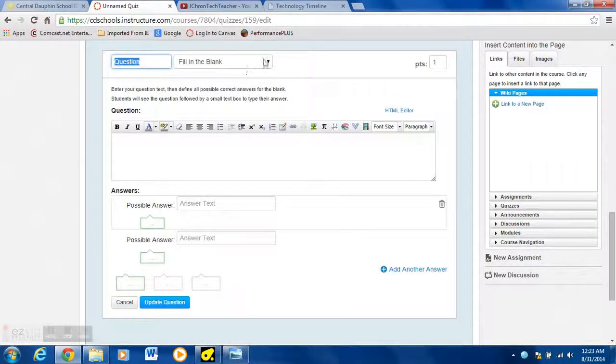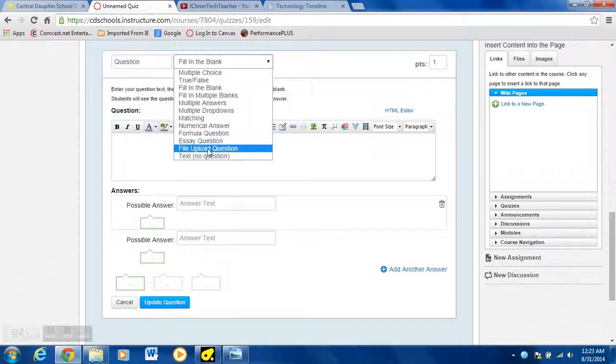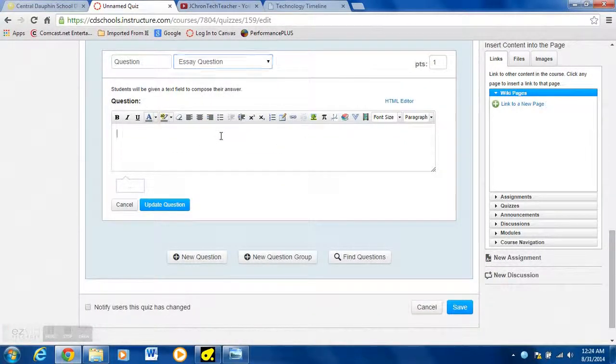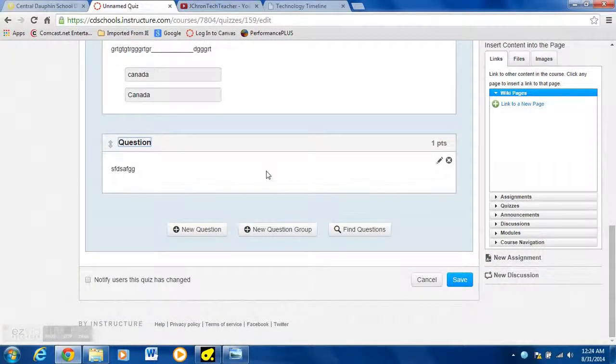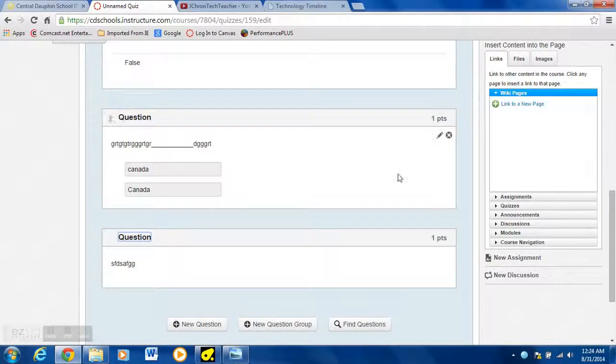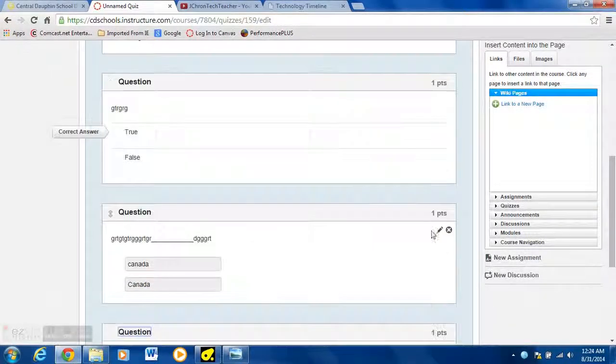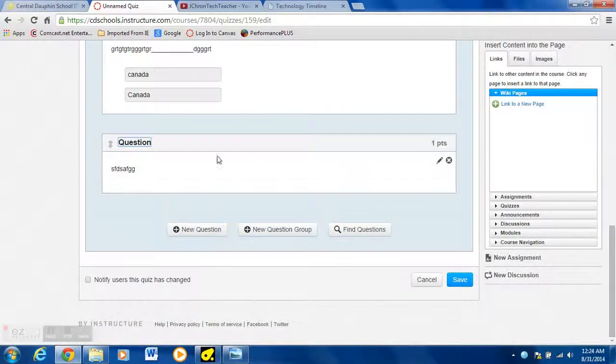You can have a fill in or a short answer, so there would be like a little essay question in here. So you have an essay question. This one would have to be graded. It wouldn't be just a normal thing. You can specify how many points each question is worth too when you edit it out. So we're going to save this quiz,